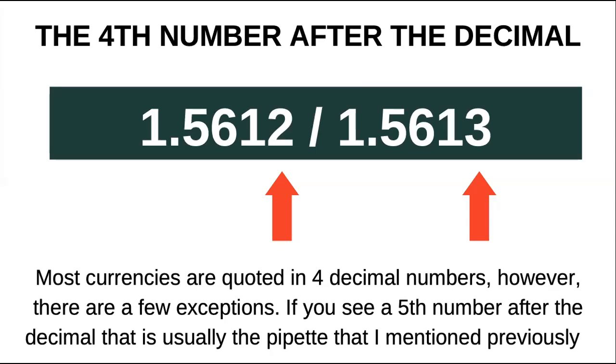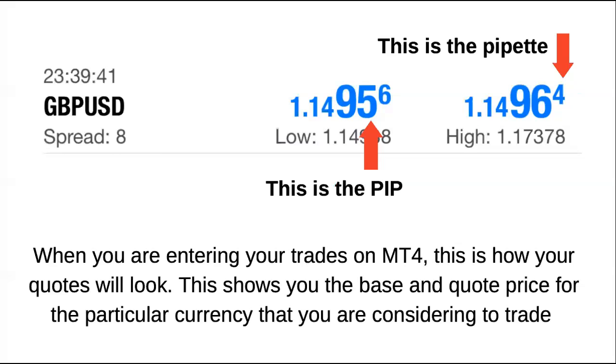However, there are a few exceptions. If you see a fifth number after the decimal, then that is the pipette. And the only currency where this would probably be different is, like I mentioned before, the Japanese yen. And I'm going to explain that as well. If you're not trading yen pairs, then this won't be a big deal, because most of the currencies will be